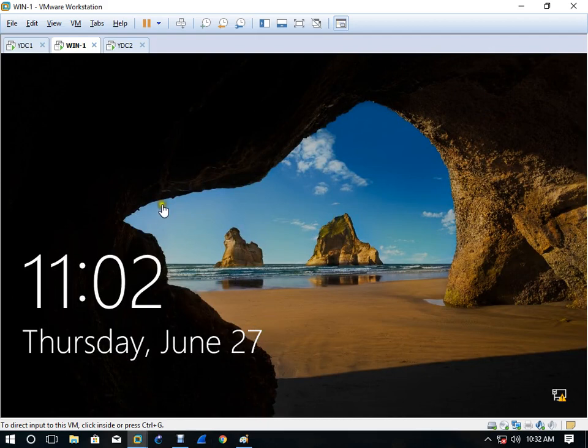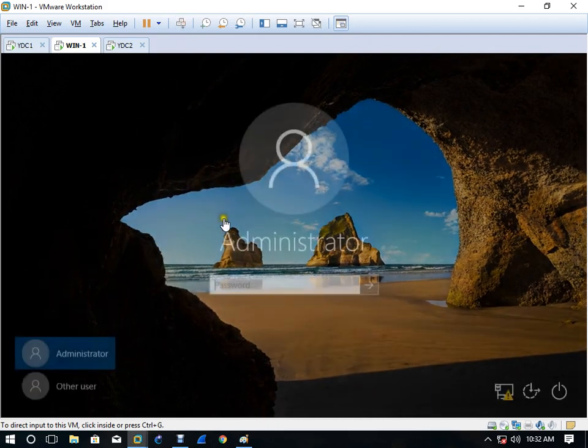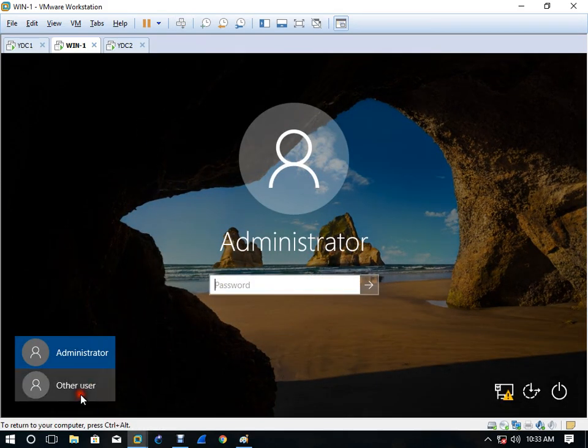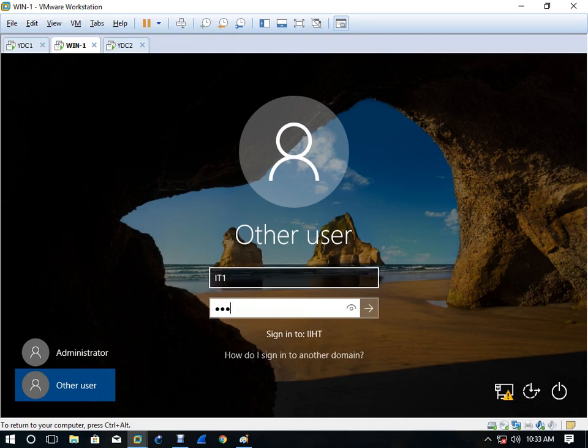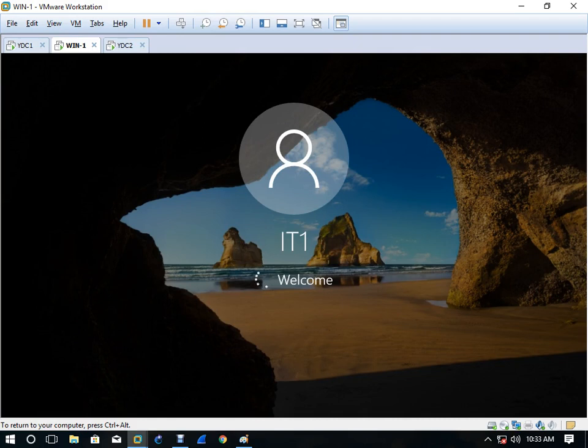Okay. So here after adding this machine to domain, we can come here to other user and we can write here IT1, IT2, whatever you like, whatever will be your favorite user, you can log in with that. Okay. If you have any question, you can ask. Okay.